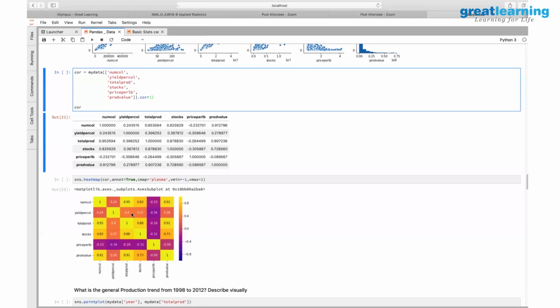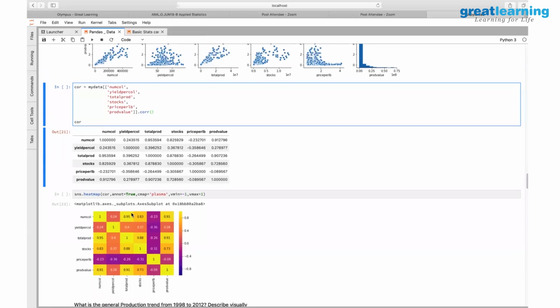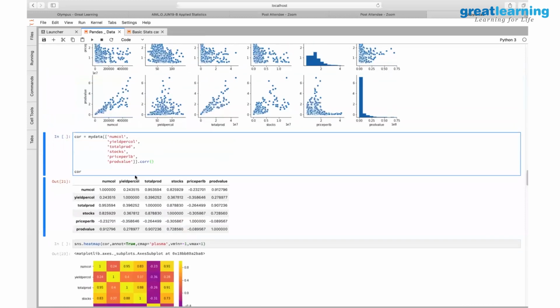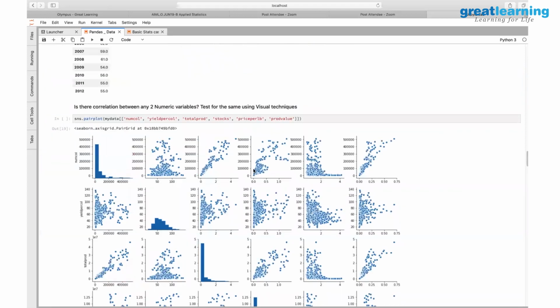0.24. So let's look at both the graphs. This is 0.24 essentially. And what is the correlation here? We saw 0.95. So this is pretty linear in nature. It is going along the diagonal between the two things. If the line goes exactly in this direction, diagonally, it means if this value increases, this increases. As this increases, this also increases.